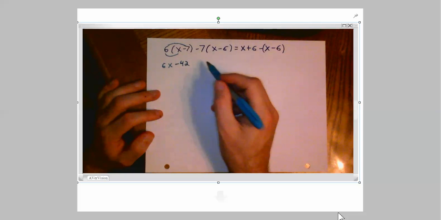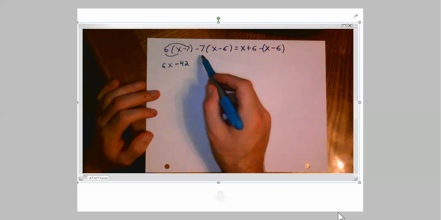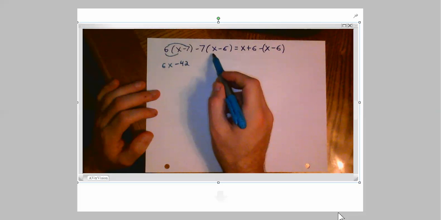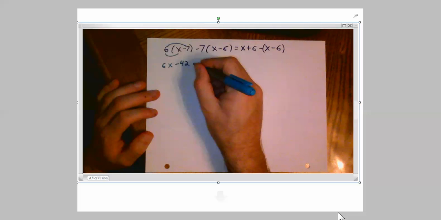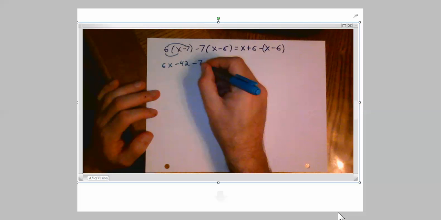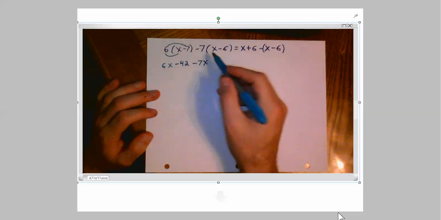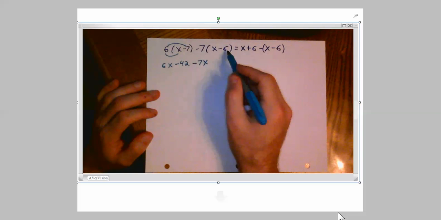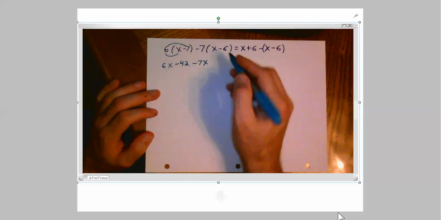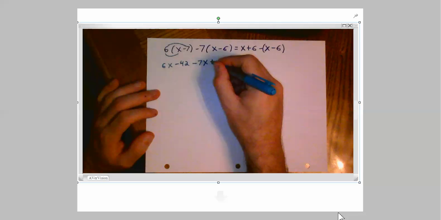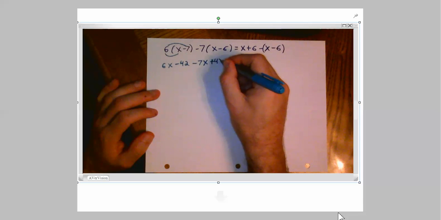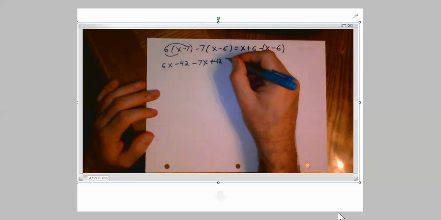Then we go to the next one, and we have a minus 7 times an x, and that gives us a minus 7x. We have a minus 7 times a minus 6, which is going to be a positive 42. And this is going to equal x